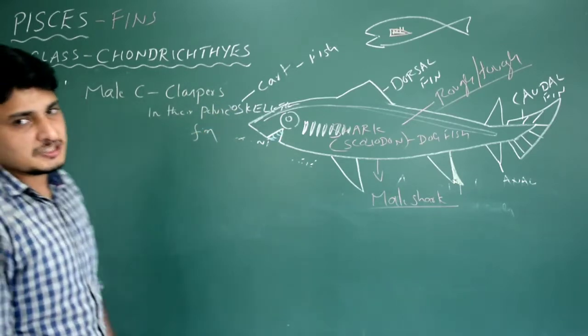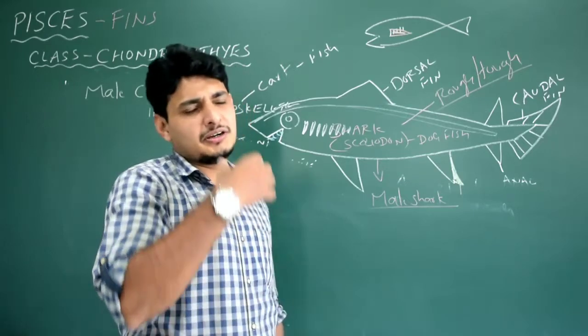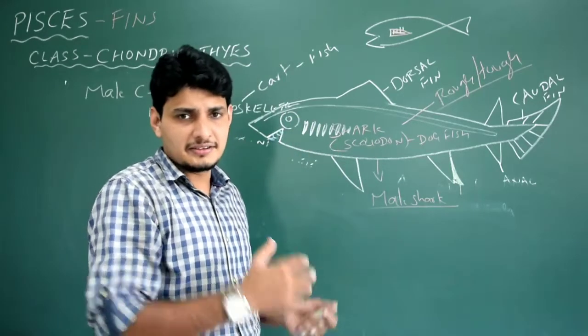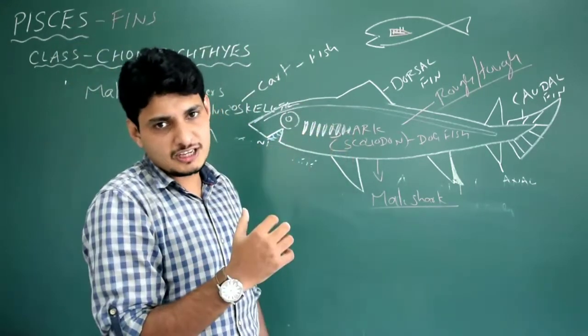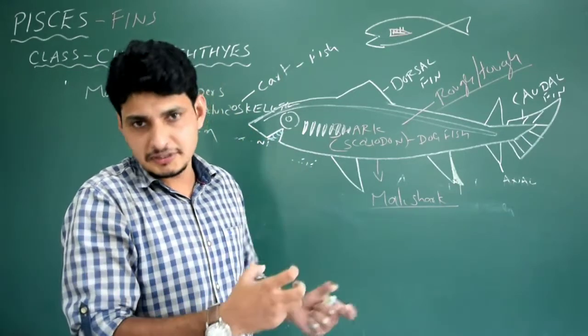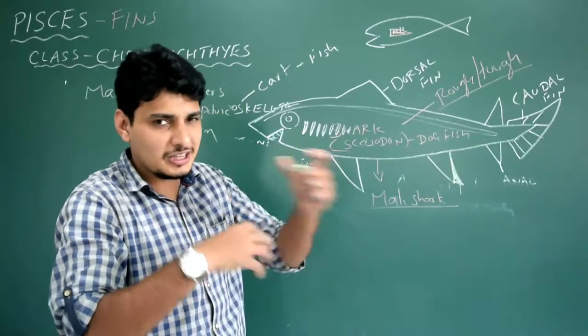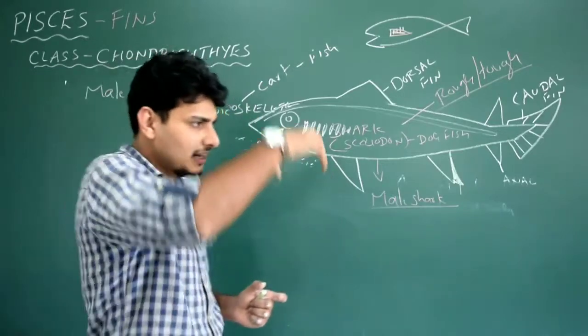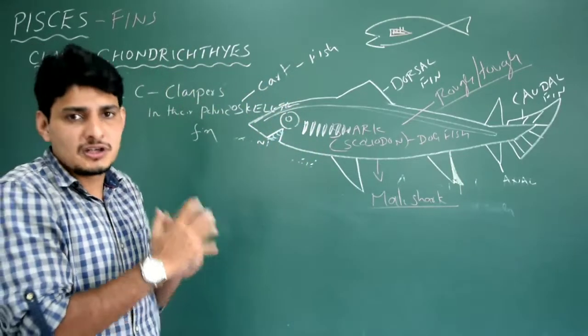Okay, what is this clasper? You take cheetah, tiger, lion, they have claws, right? What is the function of a clasper? Claspers help them to give a very good grip on prey actually, so that they can become a very good predator. So they can hold any of the animals firmly.